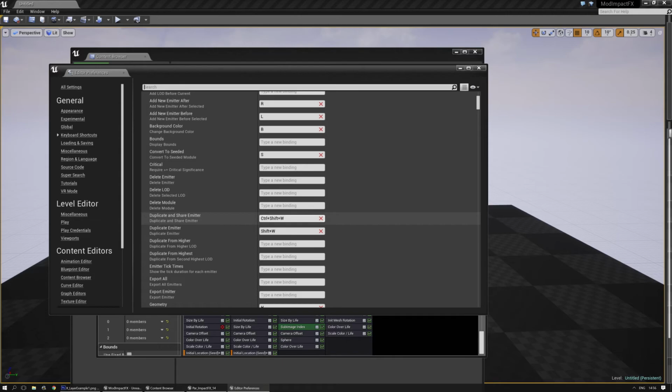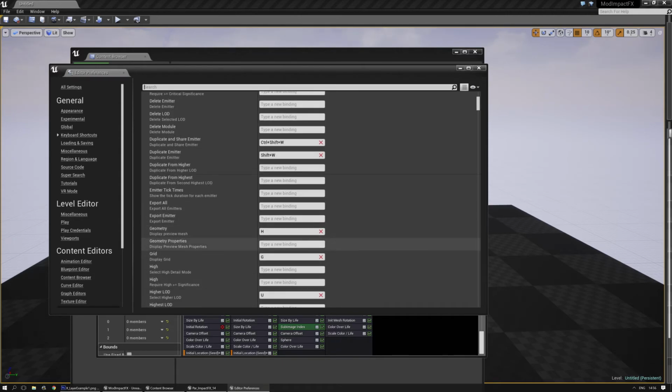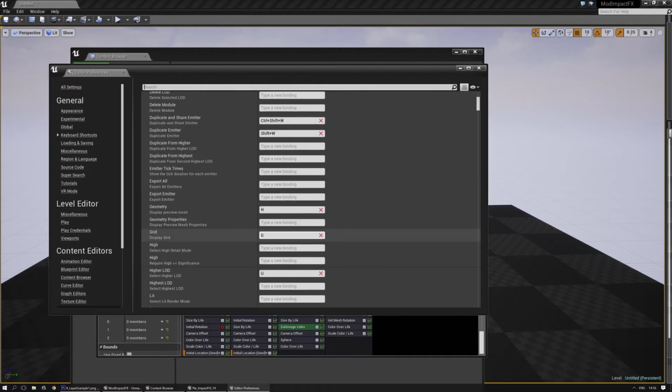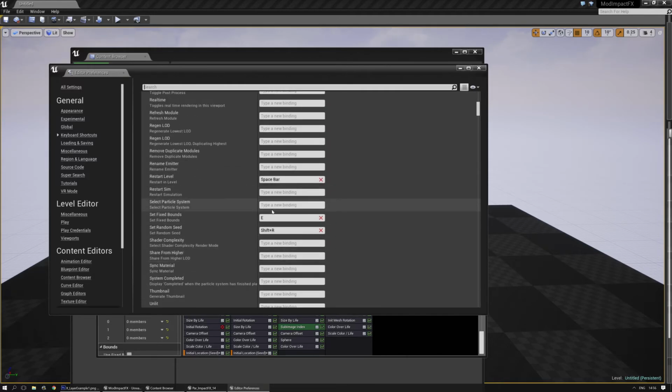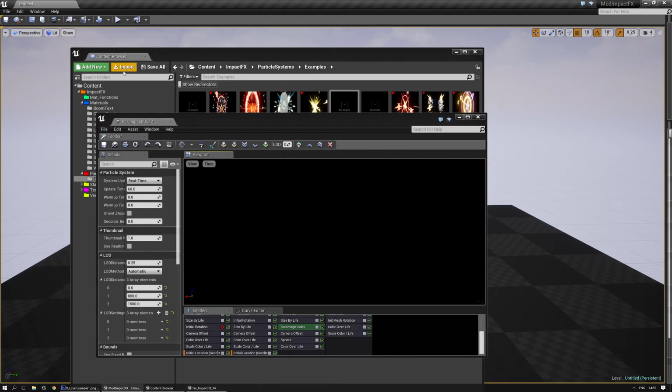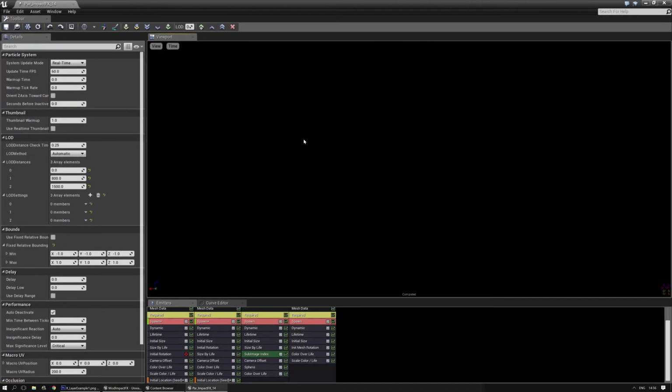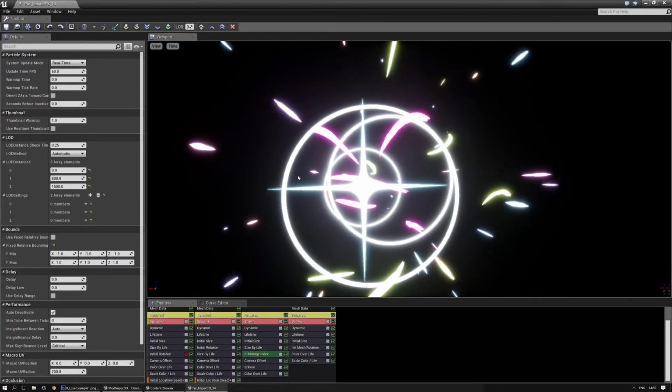For instance, duplicate and share emitter. I added Ctrl-Shift-W for that, and duplicate emitter, Ctrl-Shift-W. I can show the geometry, the floor with H. I can show the grid with G, etc. So make sure that you take a look at the keyboard shortcuts because those can really speed up your workflow. Anyways,